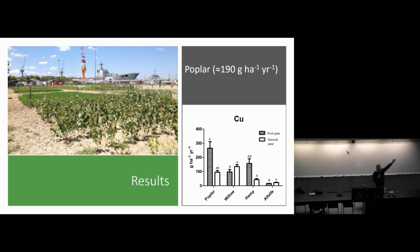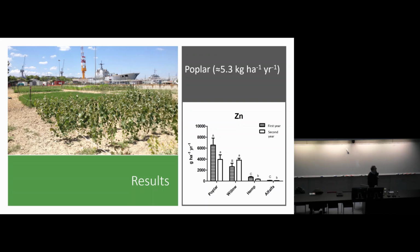every year increased. You see, here we are almost about 200 grams per hectare. And then if you go ahead, for example, here for zinc, you may extract up to 5 kilos of metal per hectare per year, which is, I mean, an important amount. Nothing surprising, because unlike lead, which is an element not used by the plant, copper and zinc are micronutrients. So there is this kind of affinity between the plants and the pollutants,